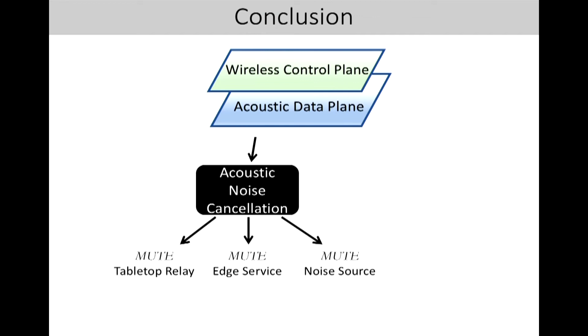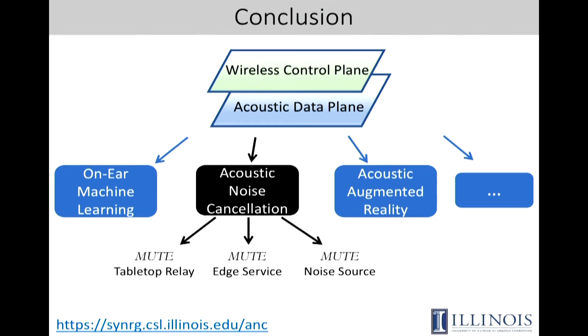Noise cancellation is one application, but there are many, many others. For example, now we should be able to run real-time machine learning on human ears, because your device gets the sound much earlier before it arrives at your ear. For another example, consider acoustic augmented reality, where the outside sound you hear is augmented by all the processors, because now they have adequate time to process the sound before you actually hear it.